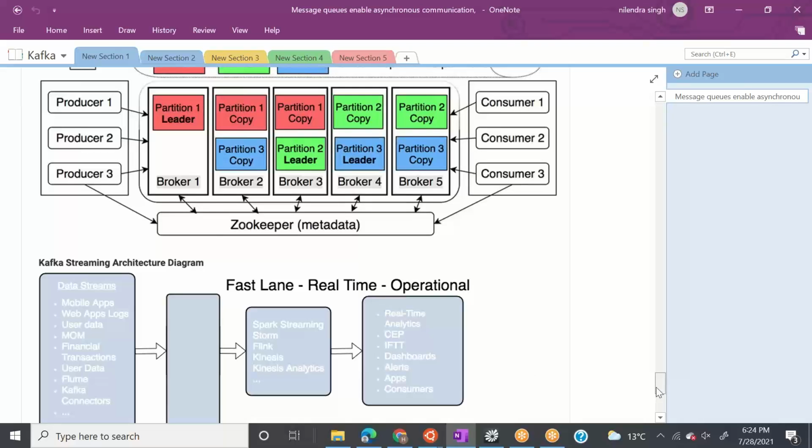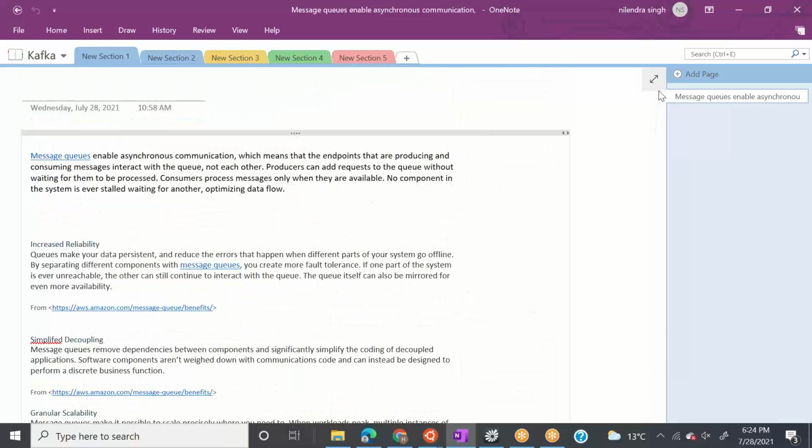Now let's think about how we can read this theory in some definitive or bookish language. A messaging queue enables asynchronous communication, which means that the endpoints that are producing and consuming messages interact with the queue, not with each other. In simple terms, I have explained it, but let me draw it.